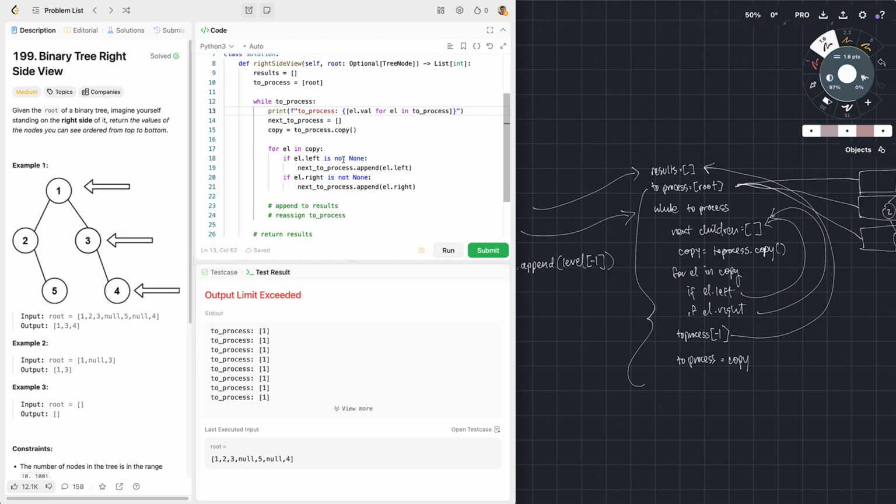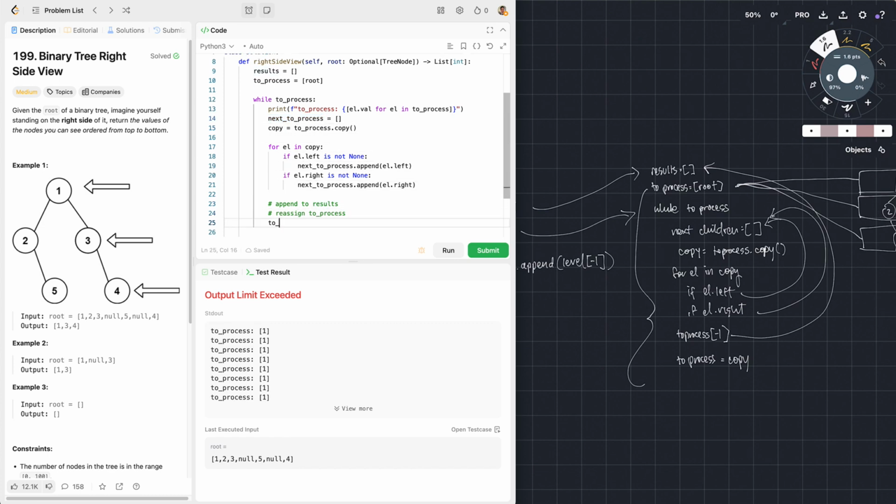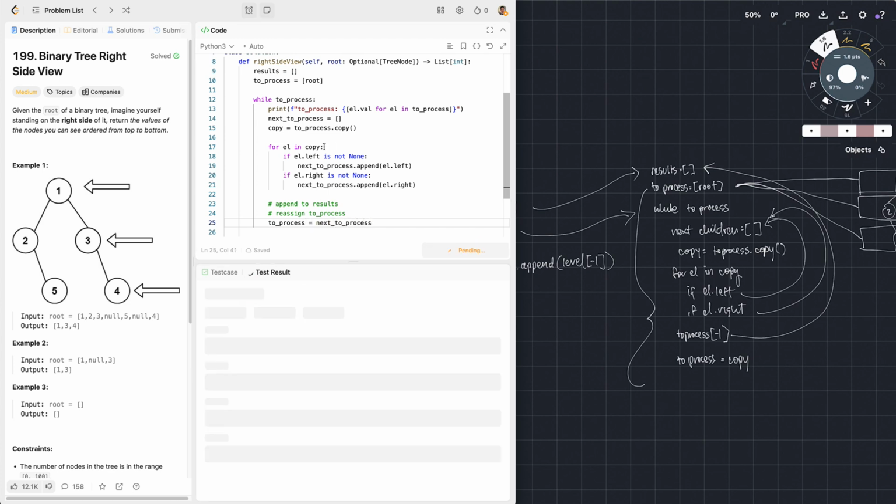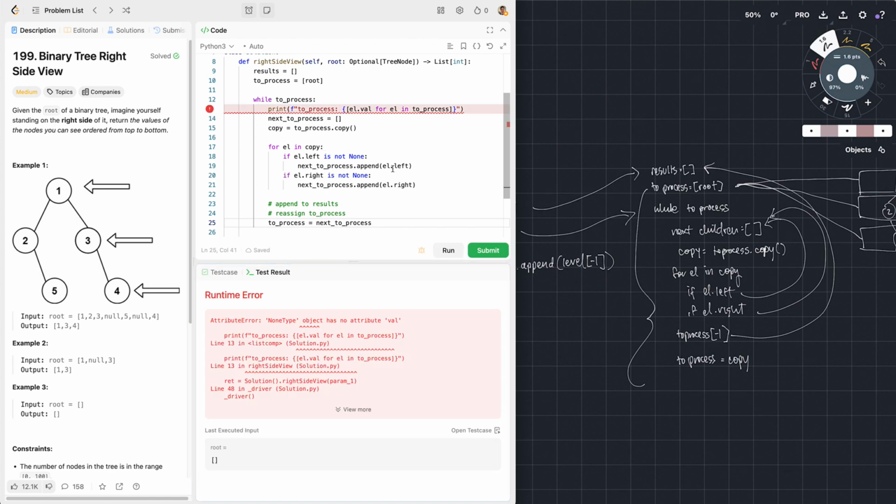Okay, so in the beginning it starts as 1, right? Perfect. And we're creating a next to process. We're going to copy, and we have to reassign here. So to process equals next to process, and that's going to be the children. And yeah, I guess printing this isn't